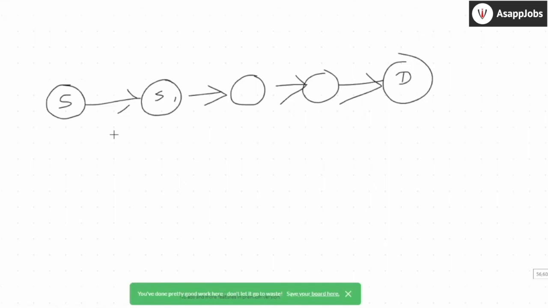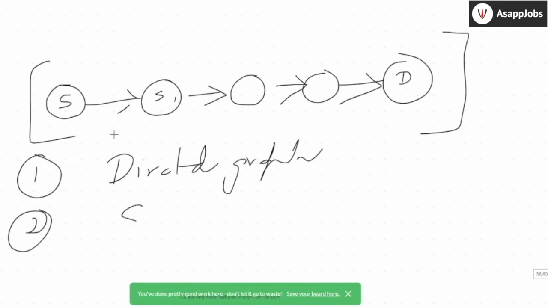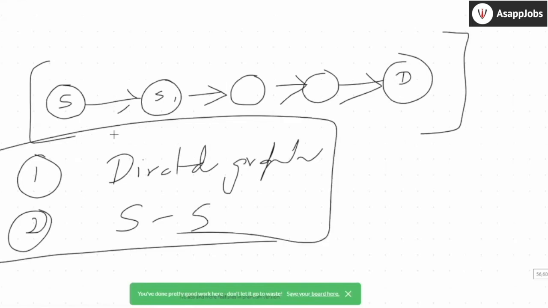Now these kinds of problems are a specific set of problems, but by the way, they are more prominent. Most of the questions you will see are based on either this or Dijkstra. It has two properties. First, it's always a directed graph. Second, it's a single source, single destination problem. If these two parameters are there, you might not want to use Dijkstra, because in Dijkstra your complexity is order of V square.